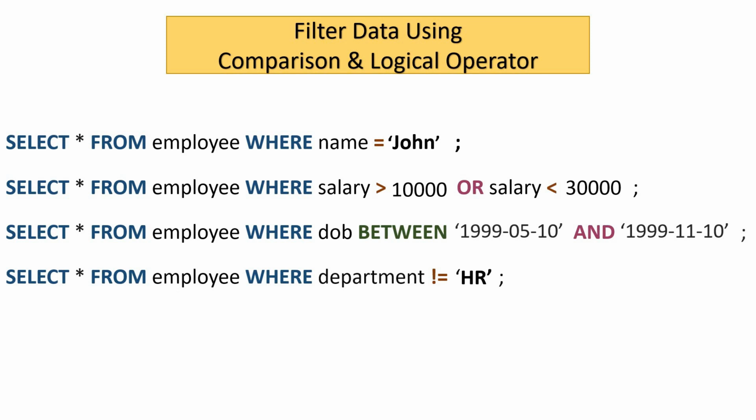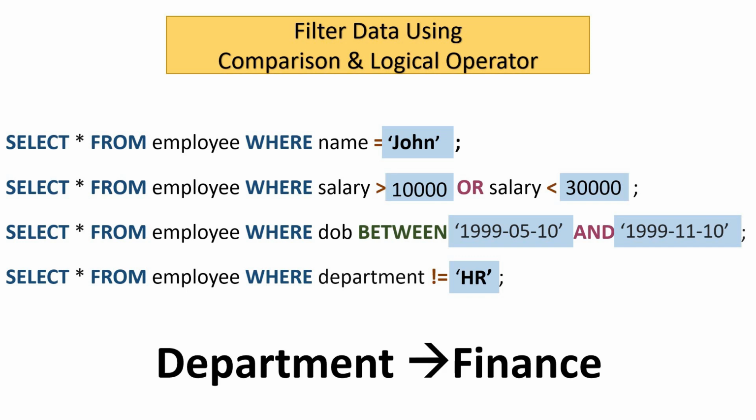In our previous video we filtered the data something like this. Till now the common thing is that the values used in the filtering are already known, like the value of name, salary, date of birth, etc. But filtering the data in that way doesn't always work. For example, how could you search for all the departments that contain the text NA within the department name? That cannot be done with simple comparison operators. So for this we have to use the like operator and wildcards. First let's see what the like operator is.